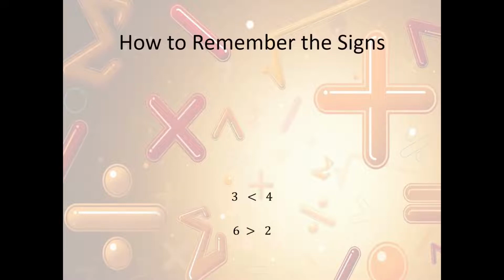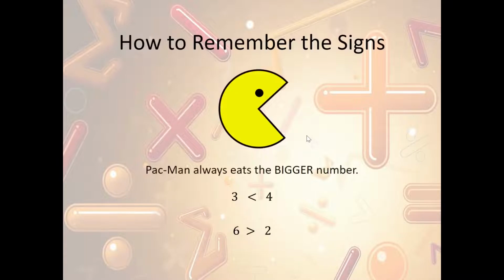Now, how can we remember the signs? The easiest way I remember the signs is Pac-Man. So we have Pac-Man here. And Pac-Man's rule is Pac-Man always eats the bigger number. So if you notice, Pac-Man's mouth forms that arrow shape that we just talked about. So it forms the symbol. So if Pac-Man is always eating the bigger number, then we can recognize the way that we can state the